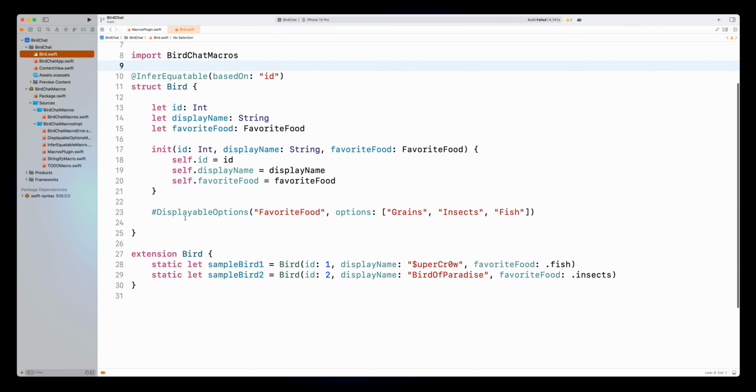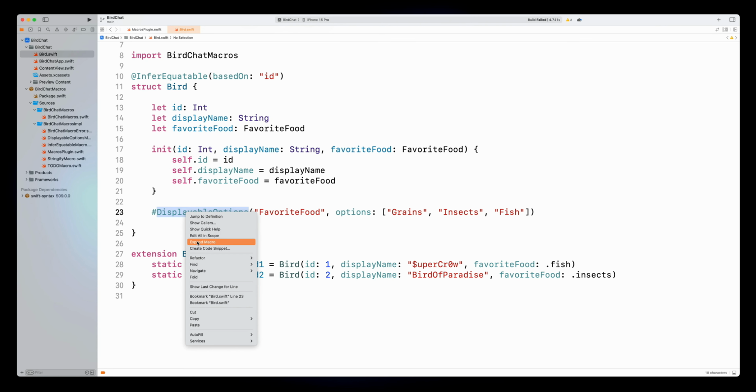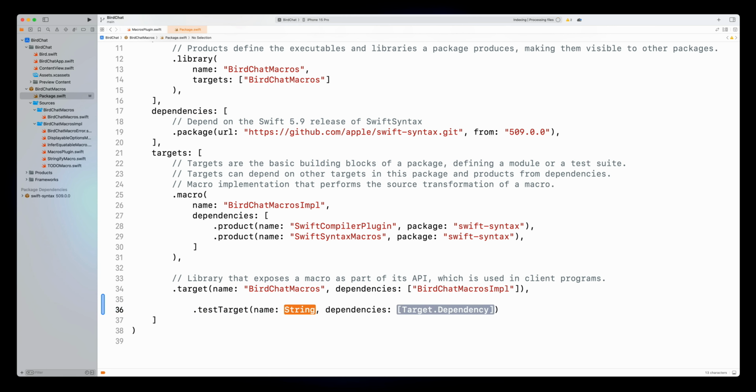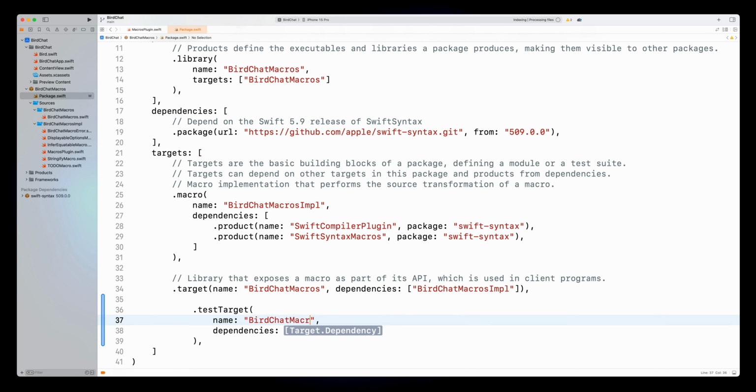as expected. In the previous sections, you've already seen this expand macro command. It may look too basic, but in my experience, it solved like 80% of all issues. But of course, it's not the only tool that's available to you. In fact, you can use all the normal tools, the debugger, breakpoints, and so on. However, they don't work when the macros run in the background, and every time in this video they ran like that. The debugging tools become available when you use a test or client target.